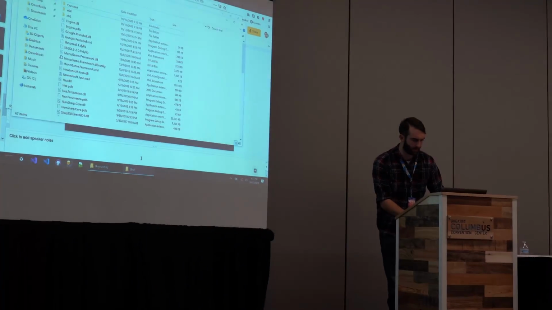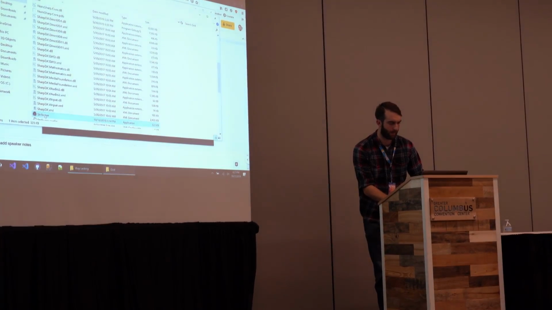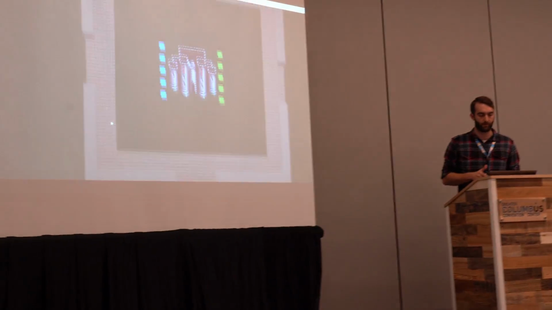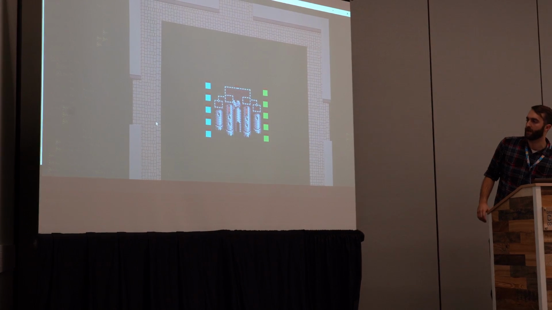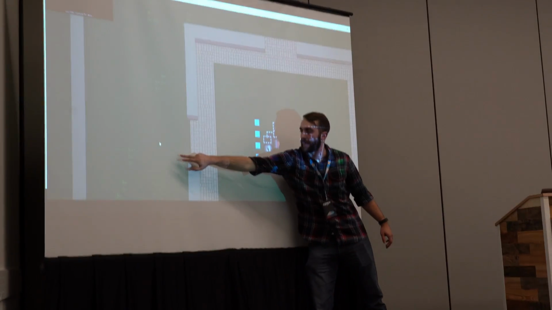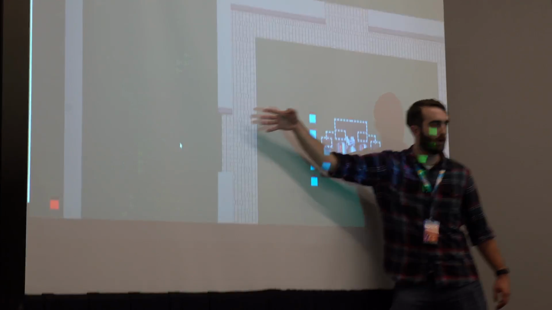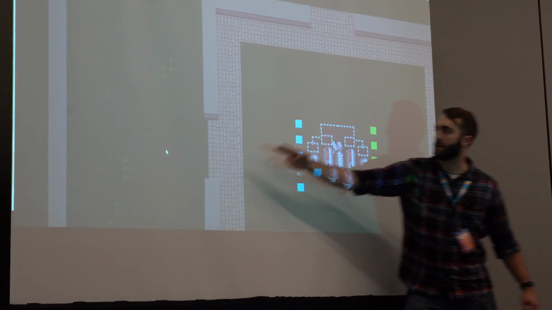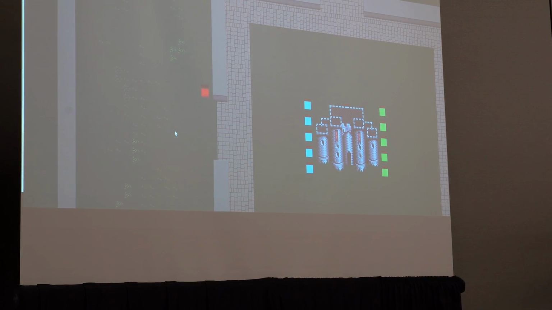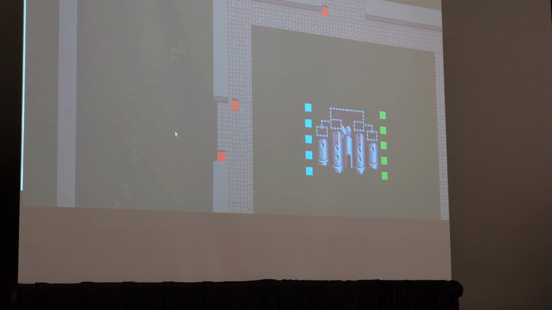So then let me show you a more updated demo. There's one problem with that version I just showed you, and that's the rays themselves. When you are a player and you're making a decision, you might be over here shooting at a guy over here, but if there is a wall and all the rays are hitting the wall, then this robot can't know to go fight something over there. So I wanted to make it so that the robots could have a better version of seeing, similar to how you see as a player.